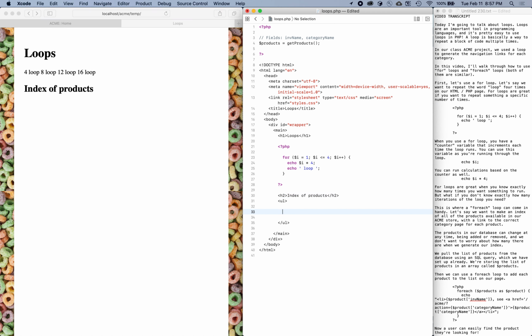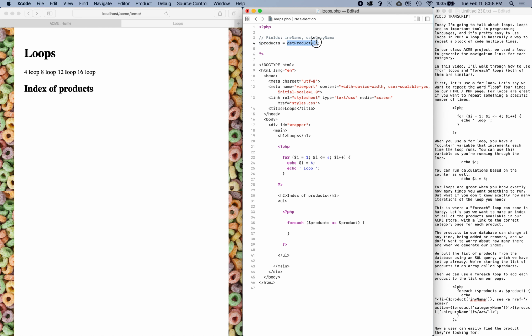So we're going to use a foreach loop. Oh, we need to create a PHP block. Foreach. Similar to a for loop, this uses parentheses and brackets. Inside the brackets, we'll put the code we want to repeat each time. Inside the parentheses, we'll put the rules for the loop. So products as product. This is saying we're looping based on the products list, and this is a list we got earlier